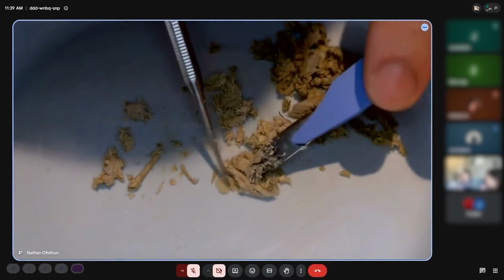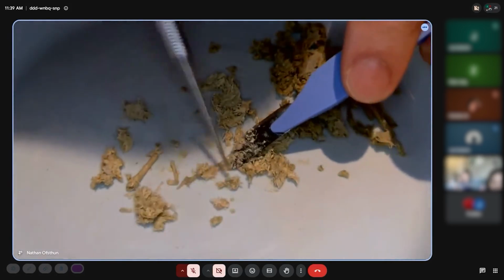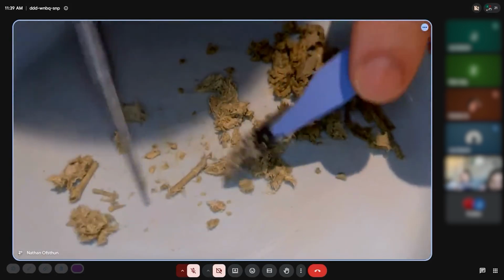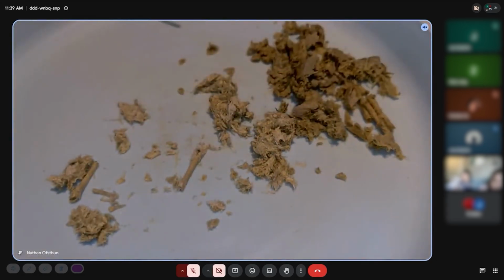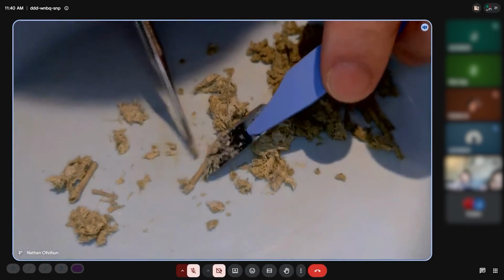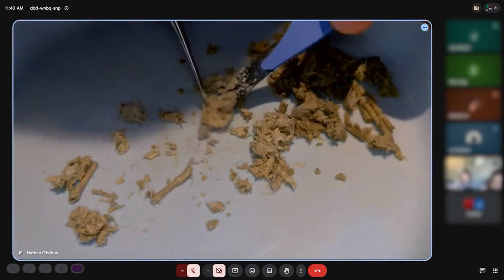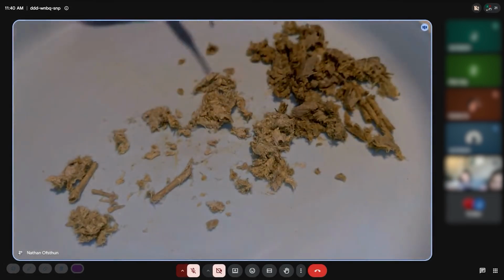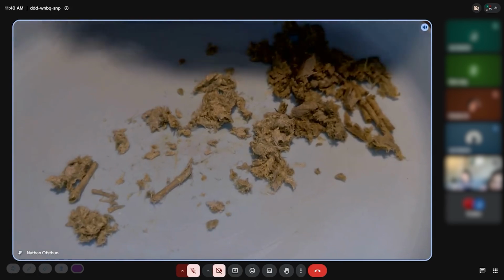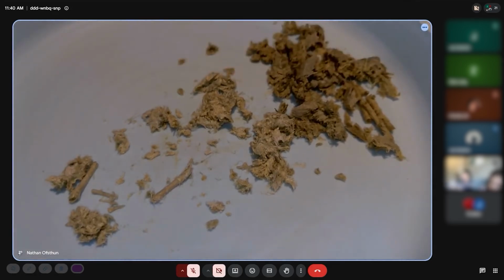Let's see. This one had a lot. Oh, here's a big bone right here coming out. Okay, here we go. Once again, a very large bone. As soon as I see a large bone, if it's not like the skull bone, I definitely know that this is in the leg region because it's that large. I think that's what it is. So I don't have any clear reason to think that the outside fluff was any different from this fluff, but it was a little bit lighter. So it's just something interesting to observe. And without having a microscope or any lab equipment, I would just say that it was just mainly chicken fluff that was just a little bit lighter in color.